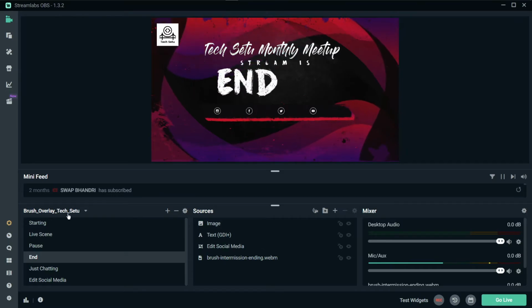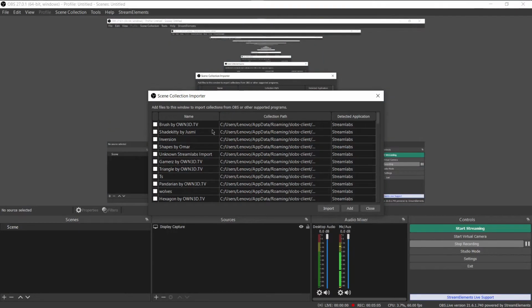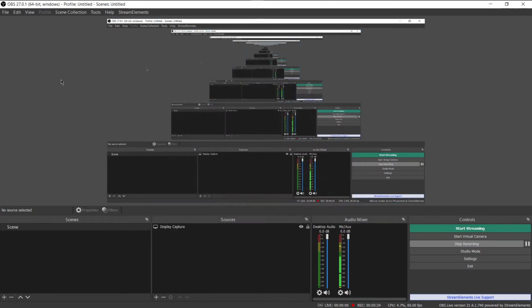You can see here brush overlay text setu. Search that one up in here. Yeah, you see this brush overlay text setu, the same name. There may be only one name in yours, so don't worry. Just tick mark there and click on import and then close it.